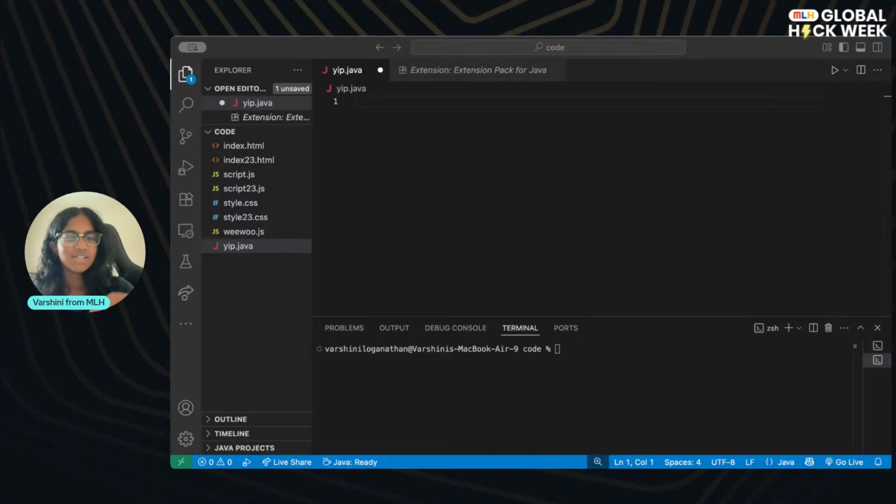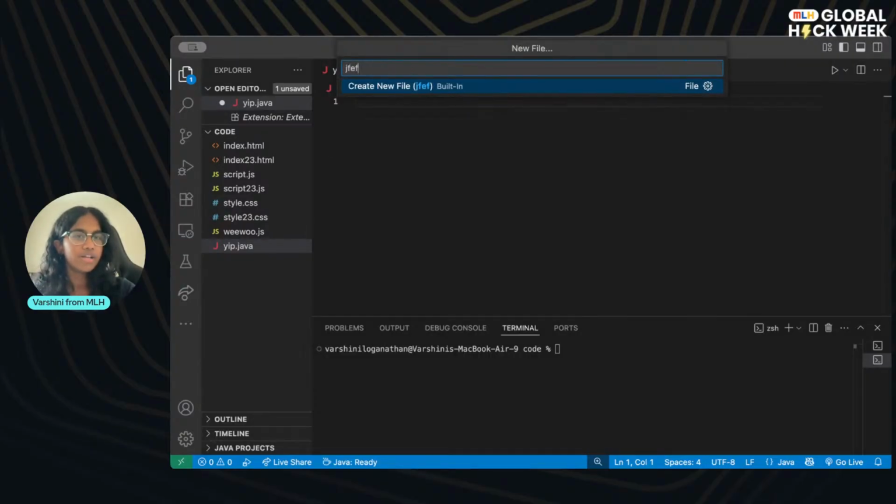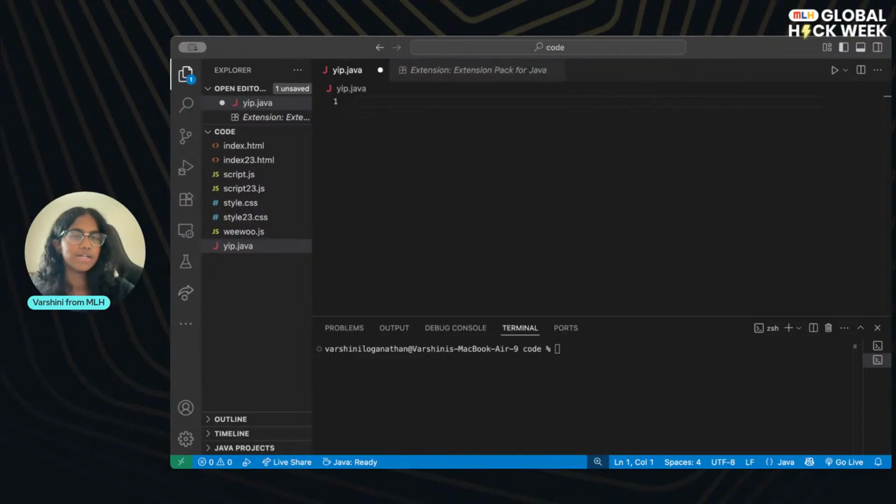So you are going to click File, and click New File, and type whatever file name you want. Just make sure you do .java at the end. That's what signifies to your computer and VS Code that you want to be using a Java file for this. So we're going to type it. You're going to type along with me. I will highlight that the absolute best way to learn is to work hands-on and do something while someone is teaching you.